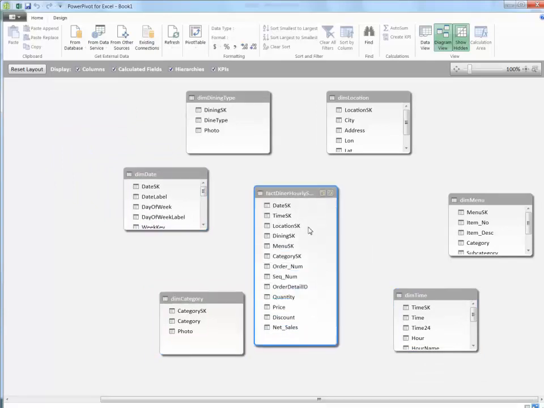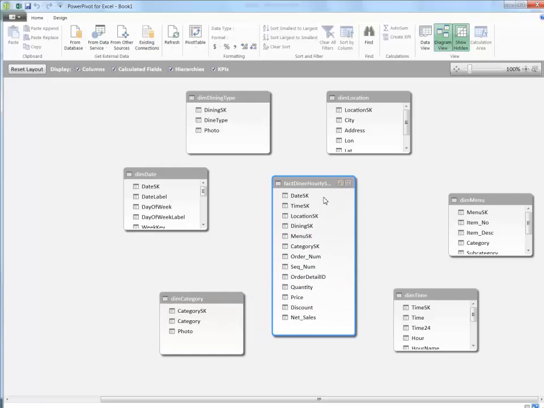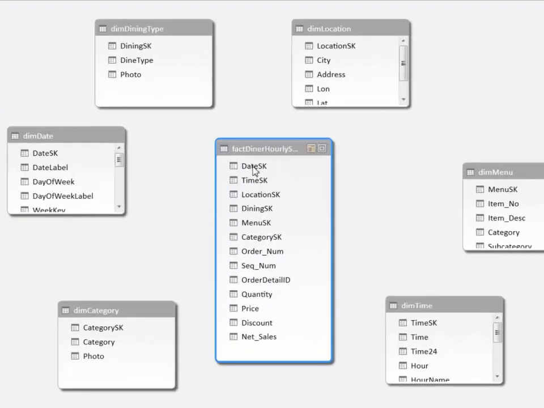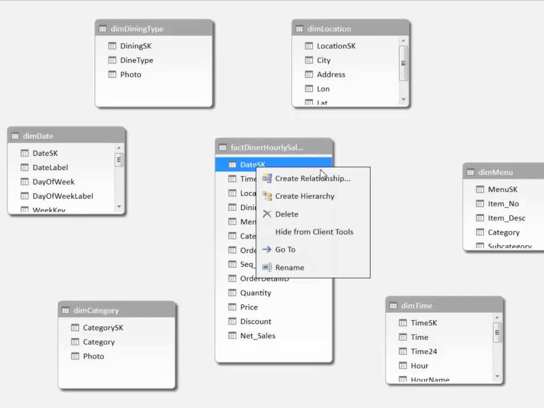I'm going to size it here for better visibility, and I'm going to make my relationships with my fact table and the associated dimension tables by linking my surrogate keys located in my fact table with the primary key in the dimension table. I'll start with my date dimension, so I'll create a relationship by right clicking my surrogate key,